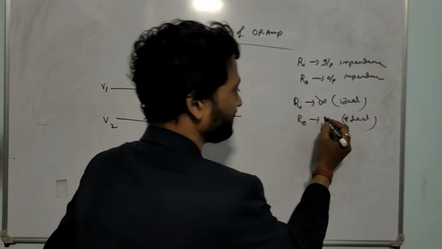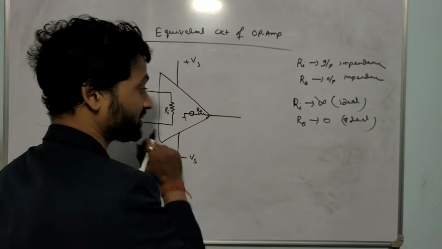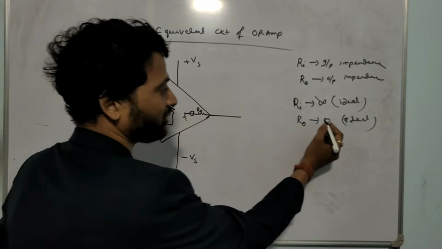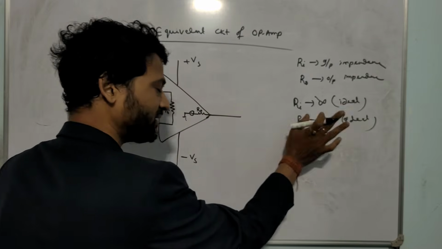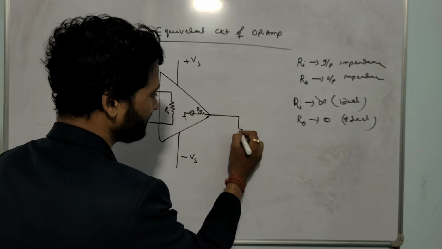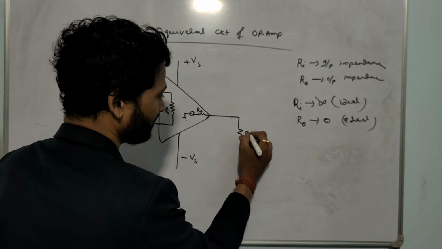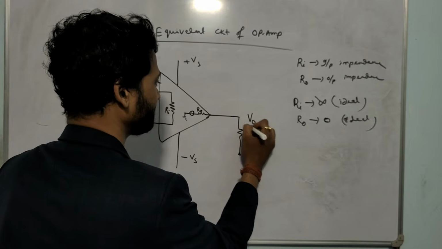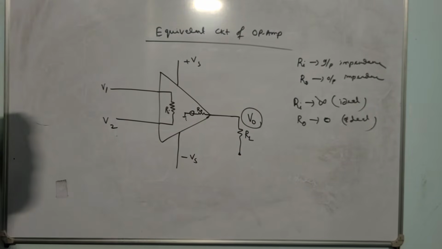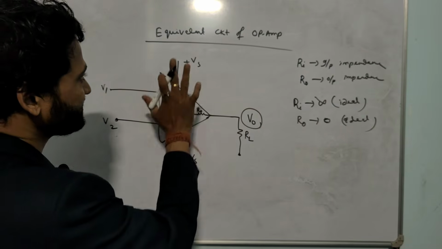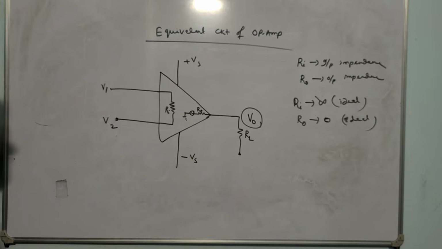देन ये आइडियल केस में, प्रैक्टिकल ऐसे नहीं होता है. बट R0 क्या है, आउटपुट इम्पिडेंस। आउटपुट इम्पिडेंस आइडियली 0 होता है, बट यूजुअली इट हैज सम वैल्यू। देन हियर यू कैन कनेक्ट ए लोड रेजिस्टेंस RL, ठीक है, ये आउटपुट वोल्टेज V0. अंडरस्टूड, इट इज क्लियर, ये हो गया आपका इनपुट वोल्टेज। दैट इज अ बेसिक इक्विवेलेंट सर्किट ऑफ OPAMP।